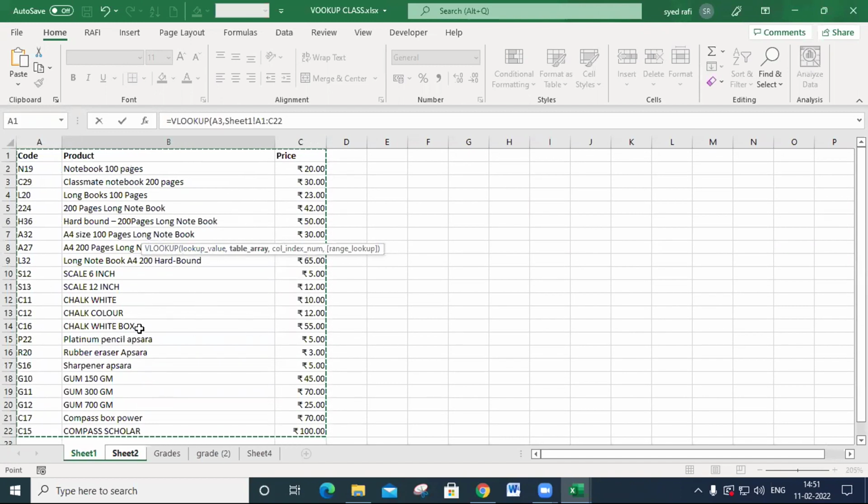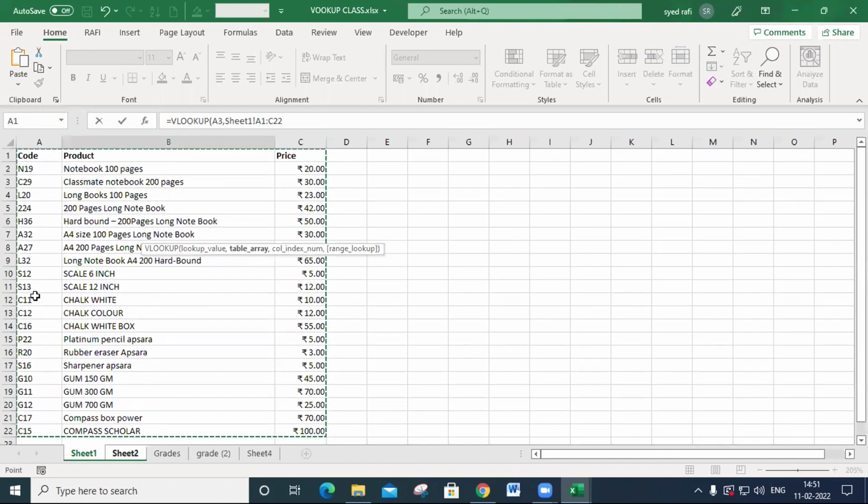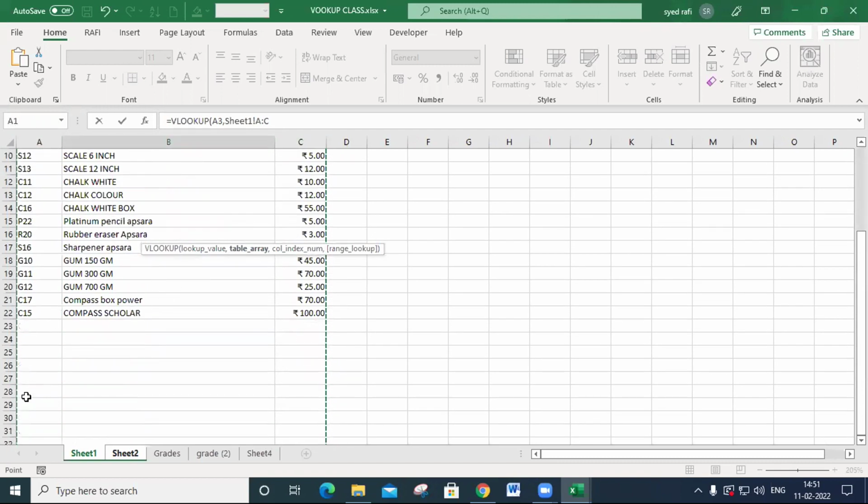If any new product arrives, you may enter it, but the details can't be displayed. So you can't select like this, you may select like this. What happens if you select like this? For any number of new products you enter, it will automatically be displayed in the invoice. I will show you in the next example. Put a comma.